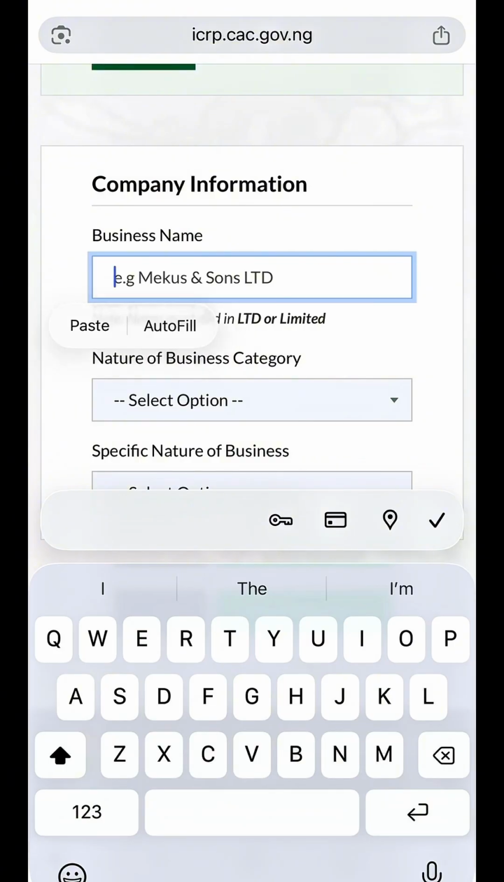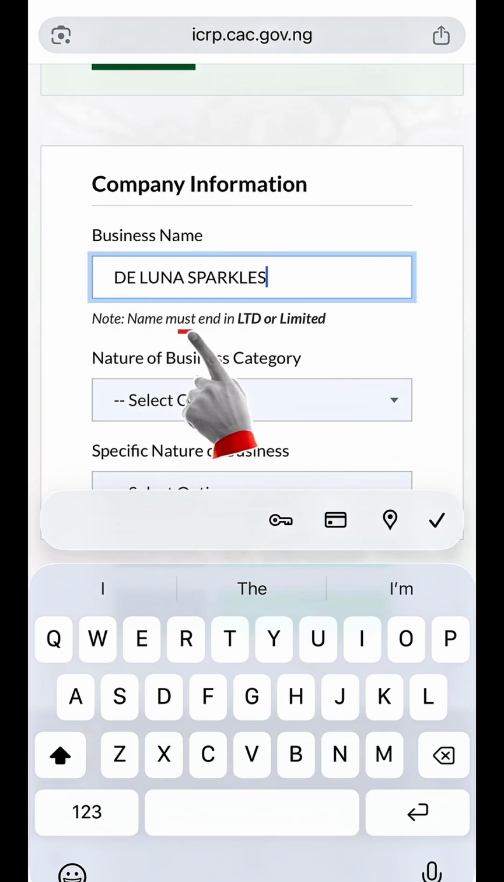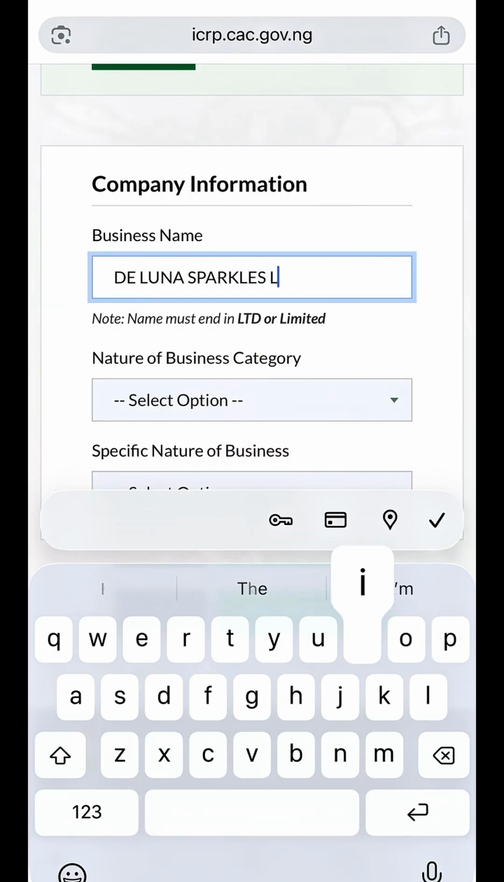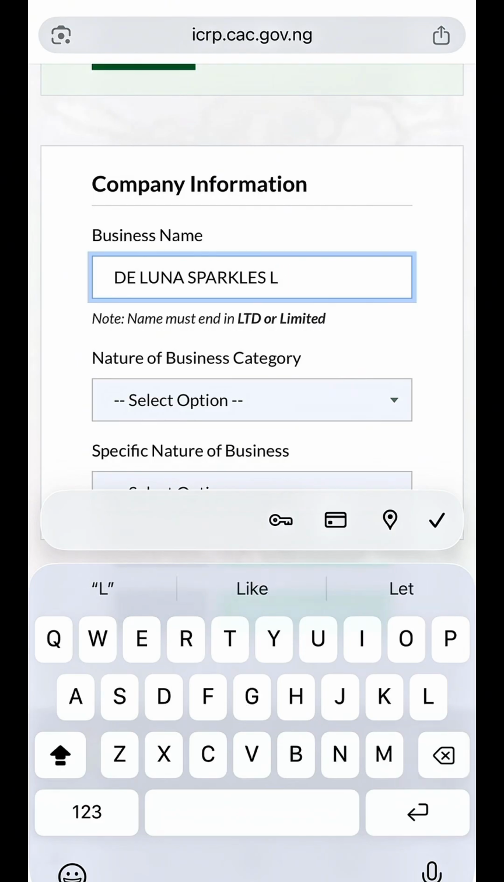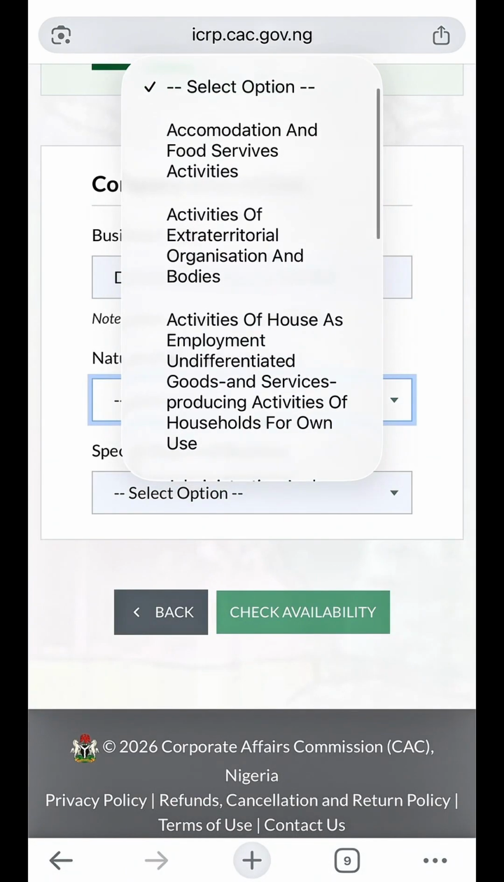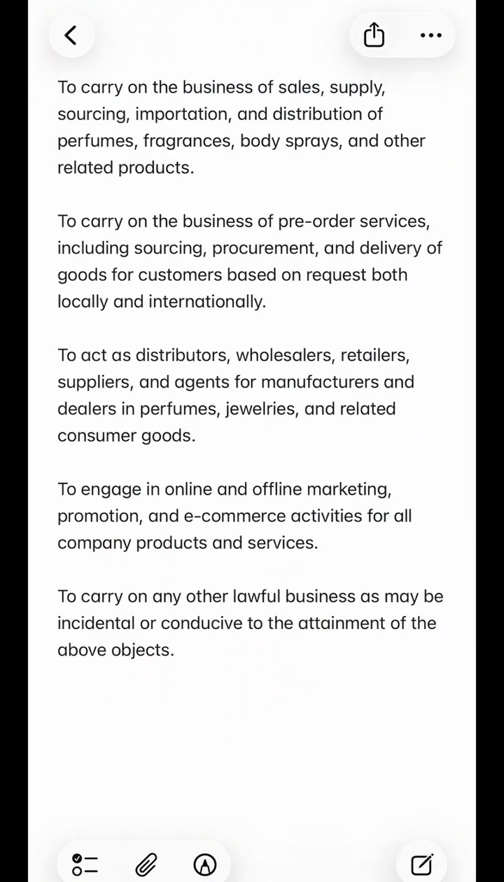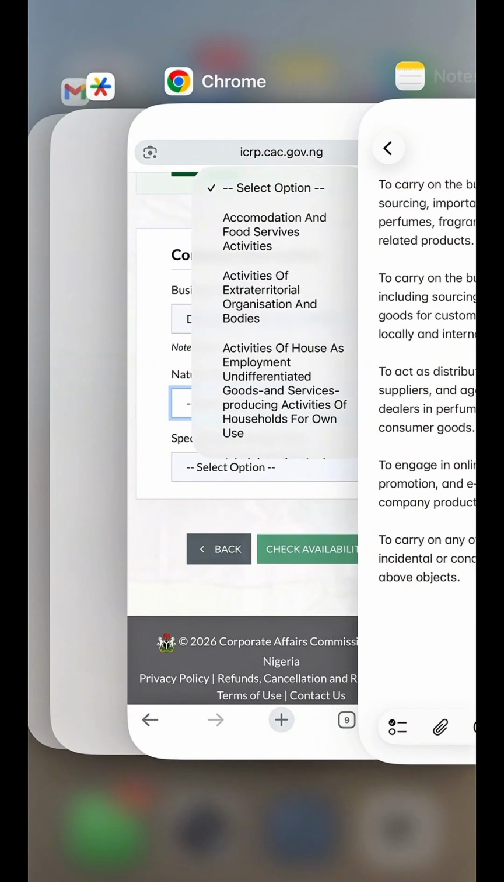So you just type it, but it must end with, you can see the note, name must end with Ltd or limited. So we want to use limited for this, right? So nature of business, to carry on the business of sales, supply, sourcing, importation, and distribution of perfume. So this falls under,